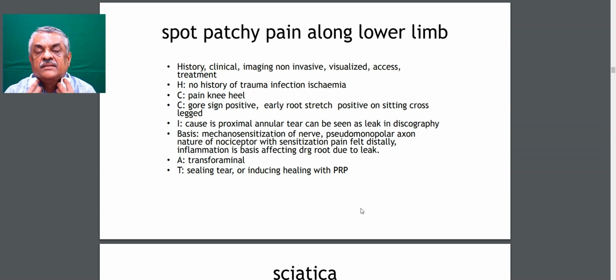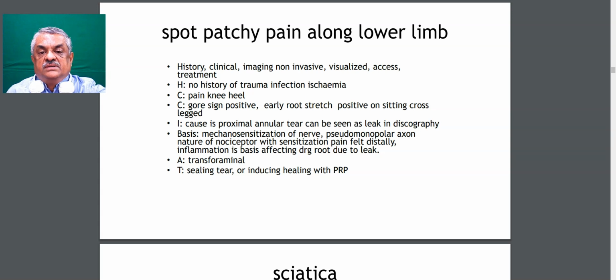This is a sign that the stretchability of the nerve has decreased, and it has decreased so much that now the pain appears, or the patient says that he gets pain right from the lower part of the back to the leg. This has to be treated very, very aggressively. Now, the pain which comes up by sitting cross-legged, as I said, is because of inflammation and a stretching of the nerve root, where the nerve root has become less tolerant to the stretch.